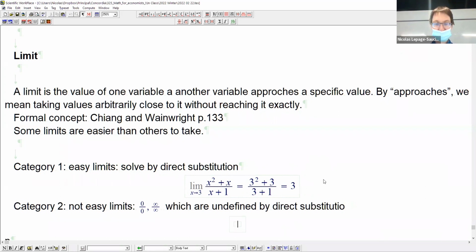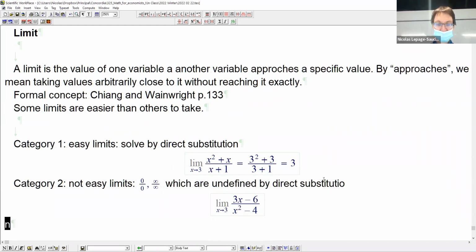So an example of that would be the limit of 3x minus 6 divided by x squared minus 4, when x goes to 3. If direct substitution,